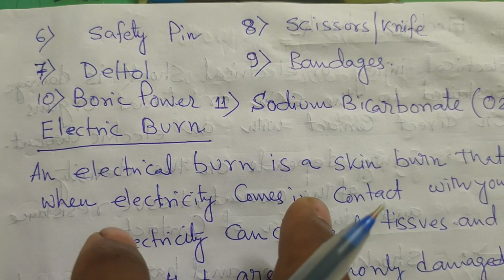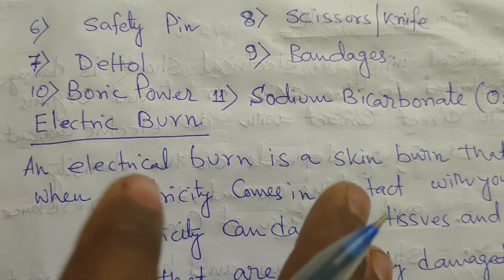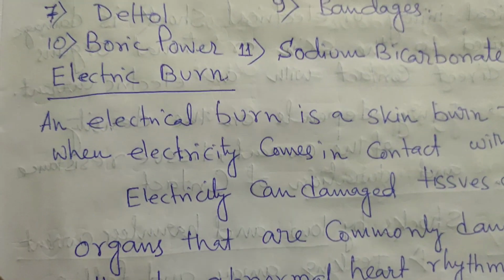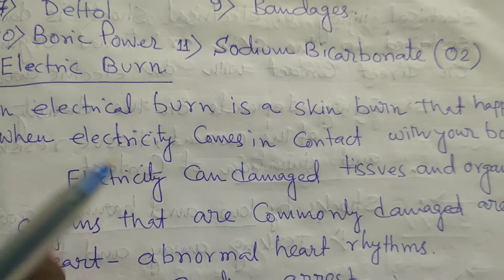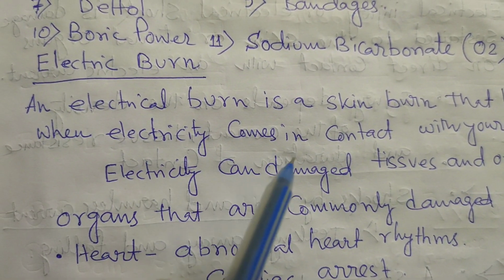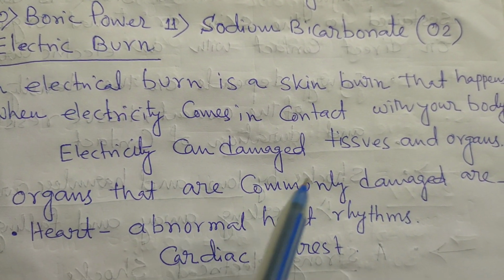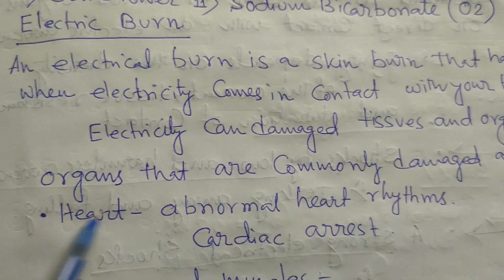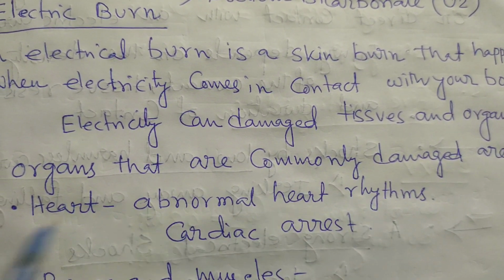So far we have discussed first aid and its necessity, which you have already understood. Now we discuss electrical burns. An electrical burn is a skin burn that happens when electricity comes in contact with your body. Electricity can damage tissues or organs. Organs that are commonly damaged are